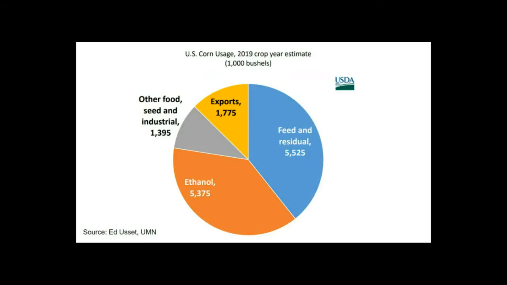And I guess hay is mostly used for feed. This is just one slide of his, and I encourage you to check out his entire presentation, giving an update on what happened in 2019. This was one of the slides talking about how corn is used. And what was interesting is that a lot of it is ethanol. A lot of his presentation went into the export and trade war between China and the US.